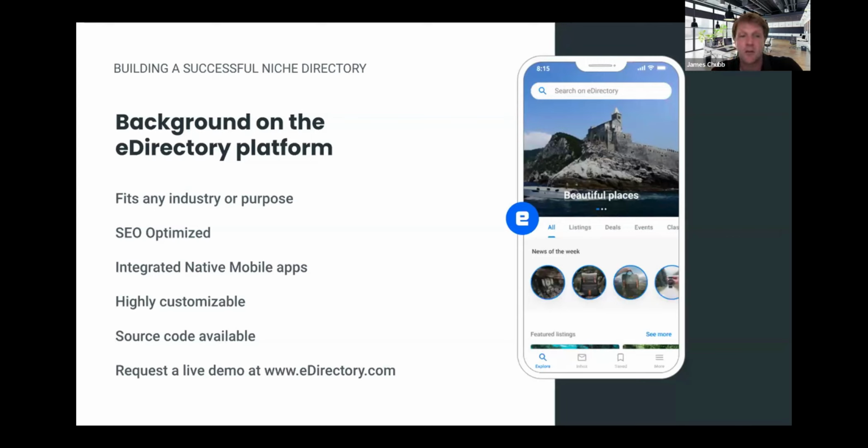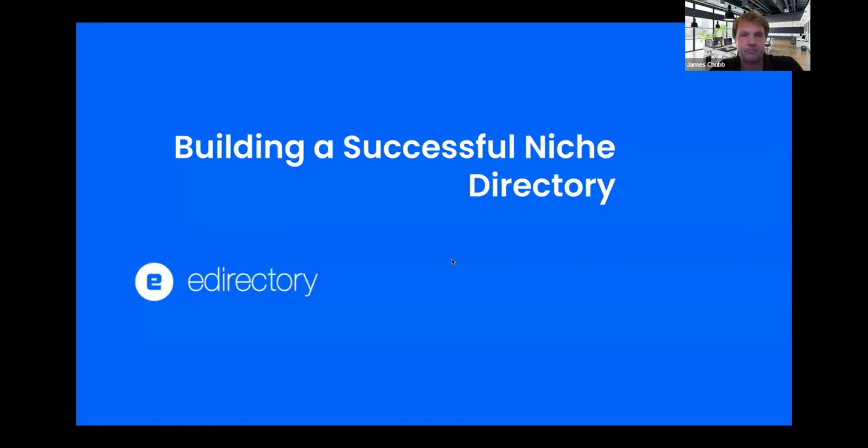But we also have source code available if you want to integrate it with other systems, legacy systems, whatever else. To learn more, just go to eDirectory.com and you can request a live demo with an account exec who can talk more about how it might fit your specific needs.